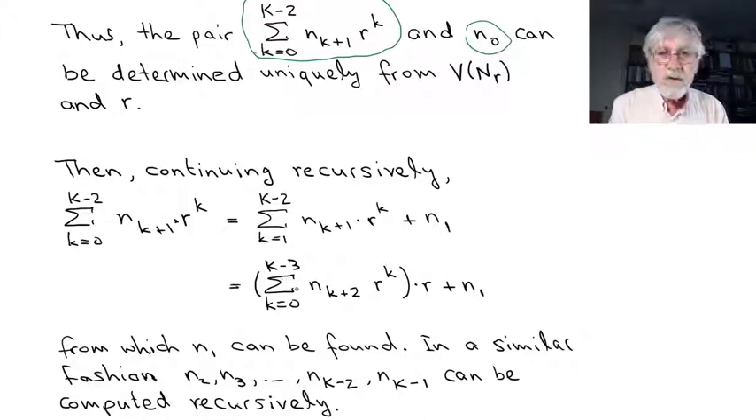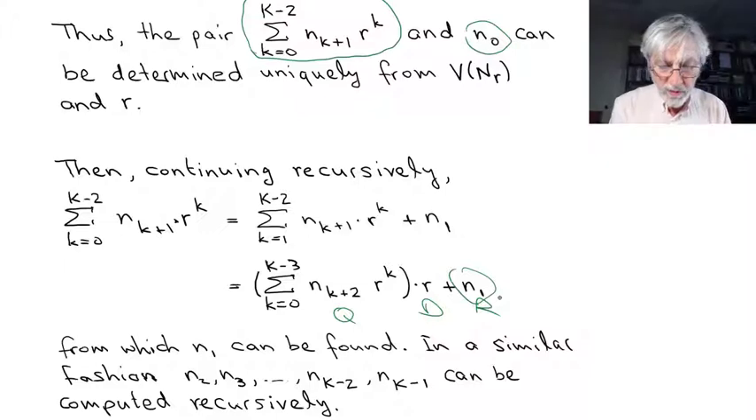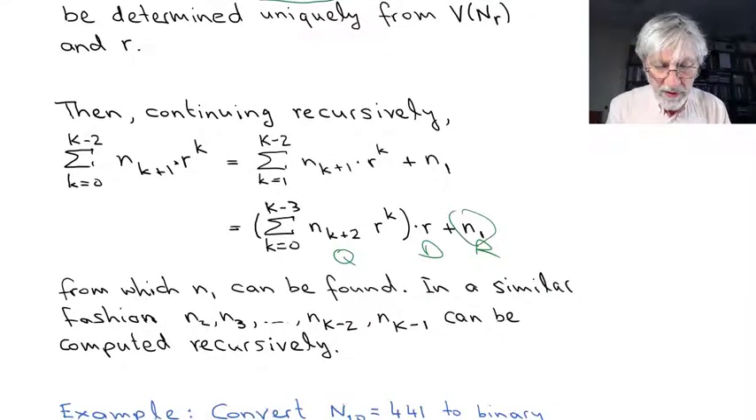Okay, and then we can use that change of variable again. We can shift this summation from k equal to 1 to go from k equal to 0 up to capital K minus 3, and compensate here by adding 1 to the n sub k, so it becomes n sub k plus 2 times r to the k, and pull out 1 r. And so we are again back to having a quotient and a divisor and a remainder, and now the remainder is n1. So that's the next digit that we want to compute in our conversion from decimal to some